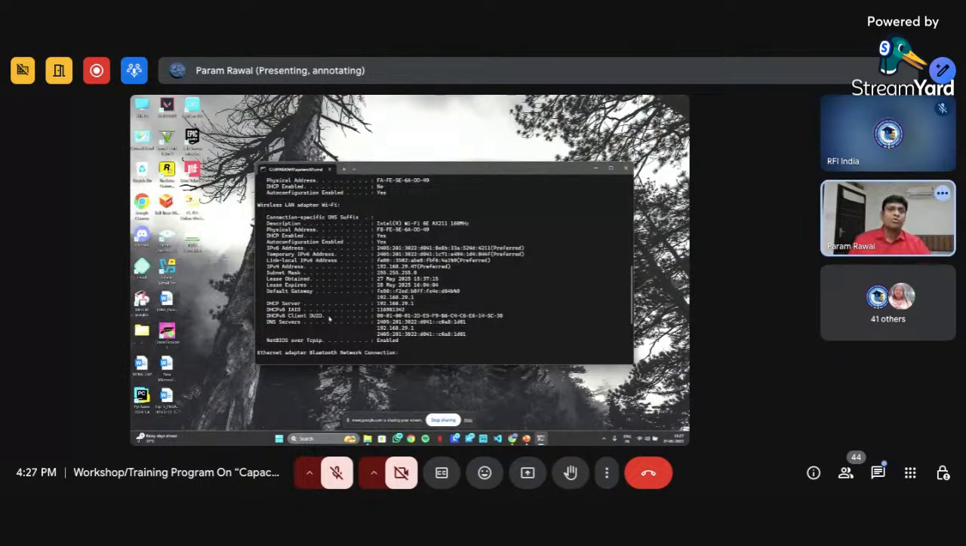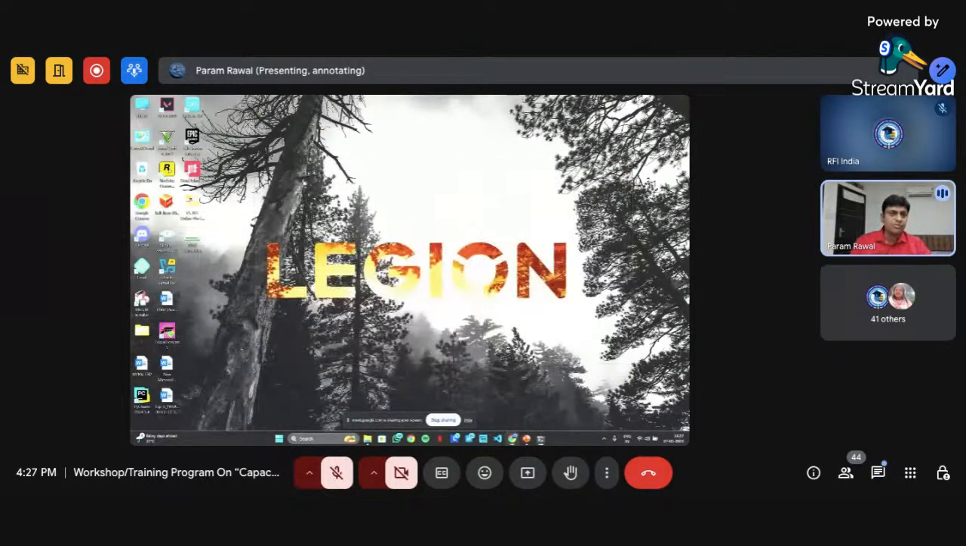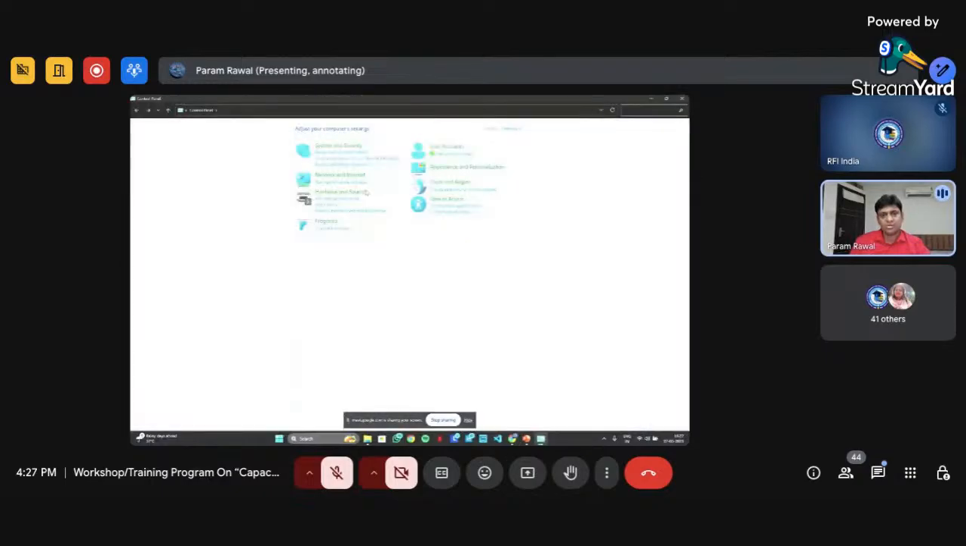One way is to go to the run command, Windows plus R, then type ipconfig and see the physical address. That physical address is the MAC address. In Windows, we can also go to the control panel, network interface, then